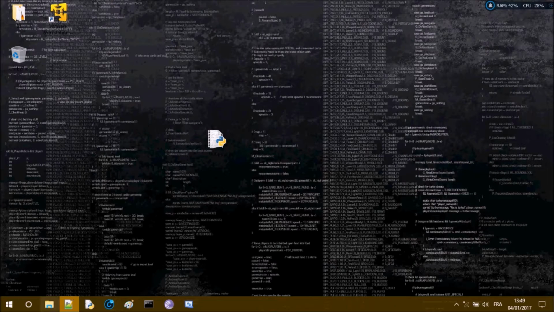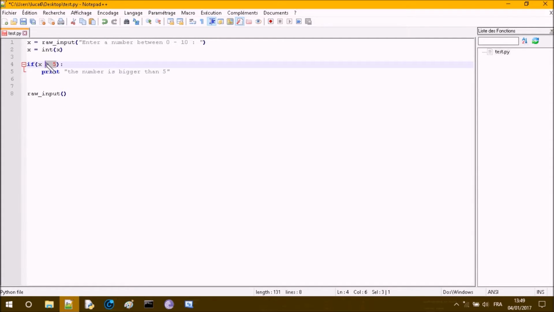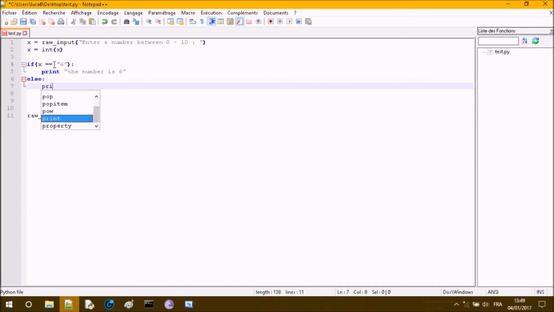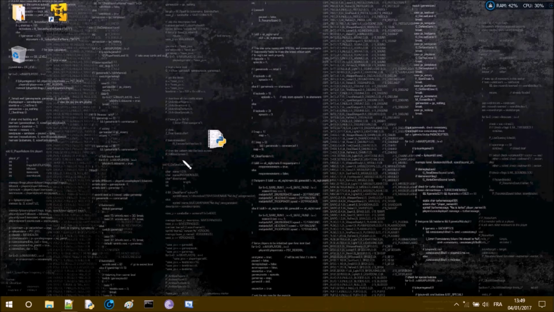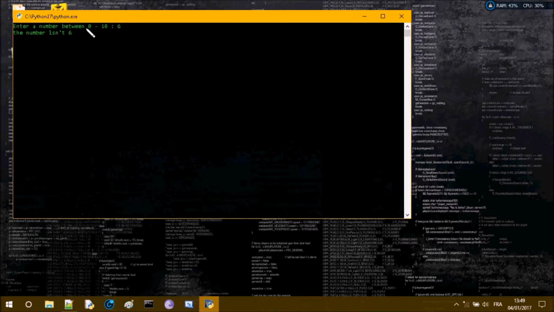Another way you may want to check a number would be to check if the number is equal or not equal to something. So for example, if x equals 6, print "the number is 6," and else print "the number isn't 6." Now let's try 2: "the number isn't 6." And now let's try 6, wait,